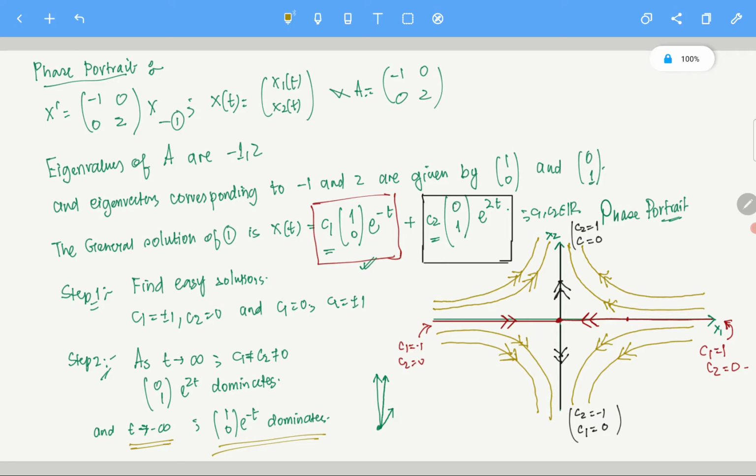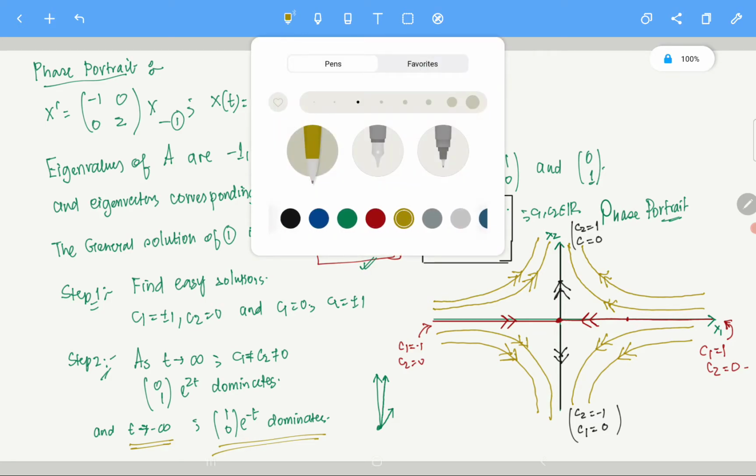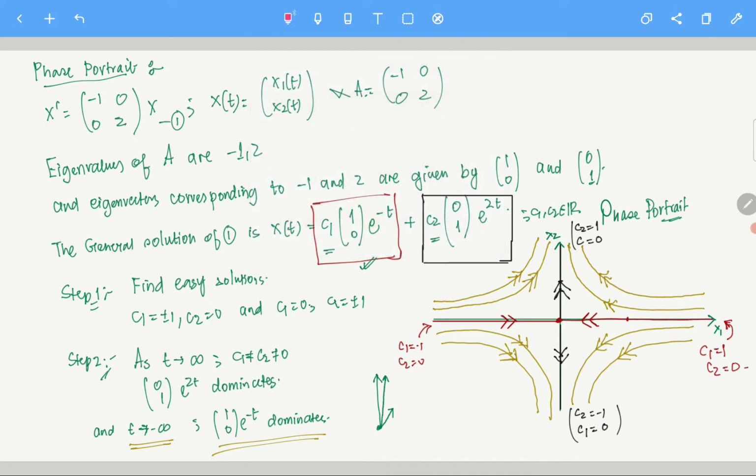So maybe I can make a small note here, in a red, maybe pink color. Note for exams: the phase portrait must be color coded. Clear? Otherwise, we are not going to accept that. So it should look like this. Whatever color you mix, please remember to explain which color is which.